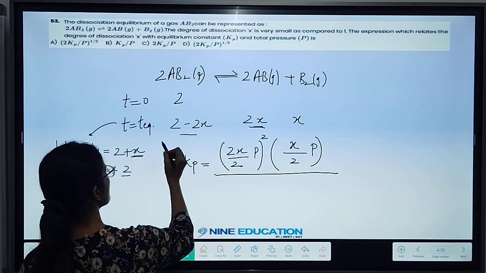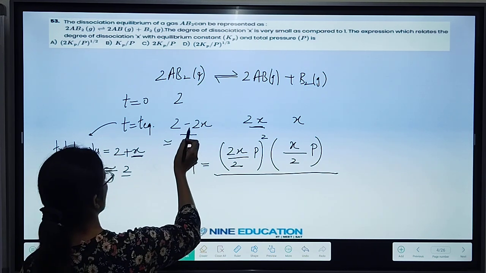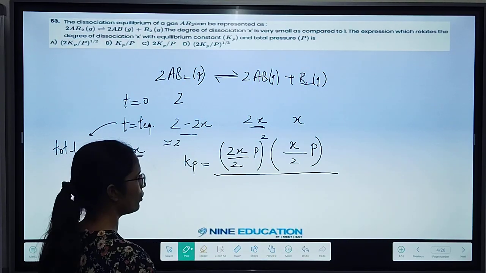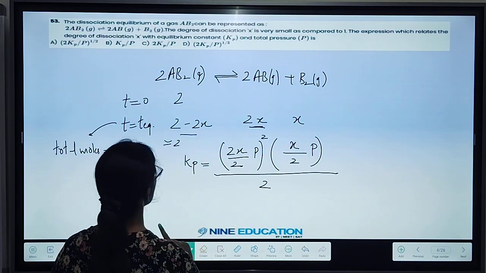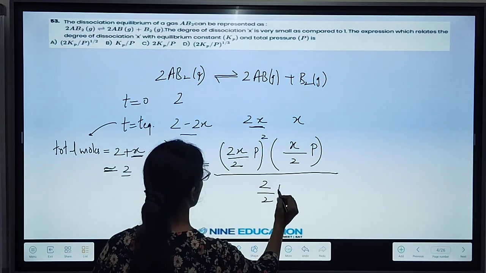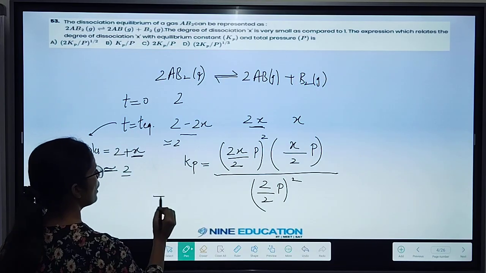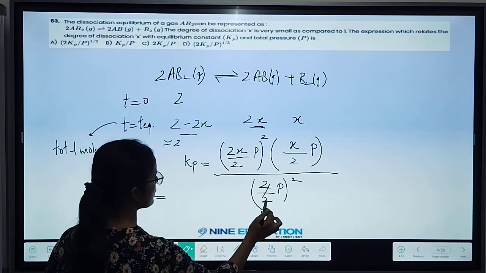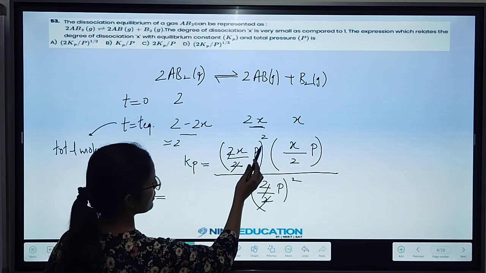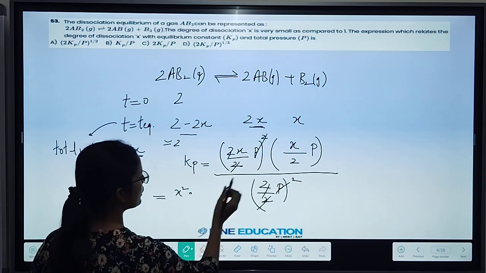Now 2 minus 2x also in the simplified manner what I can do, because as x is very less, so 1 minus x or 2x will be very less compared to 2, so it will also be coming as 2 only. Okay, so for this if I try to find out the mole fraction, it will be 2 by 2, right? 2 by 2 into capital P, and here will be having what? Here will be having a square. Now if I will be simplifying it, this is cancelling, this is cancelling, will be having x square and P square, let us say it is also cancelling x square, and here will be having what?